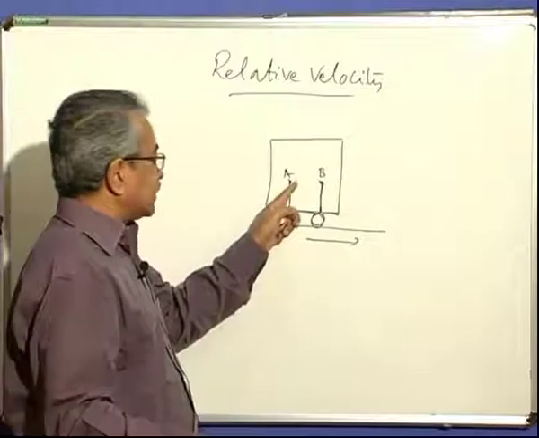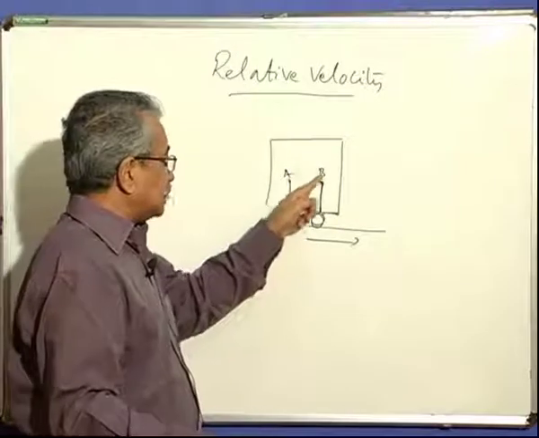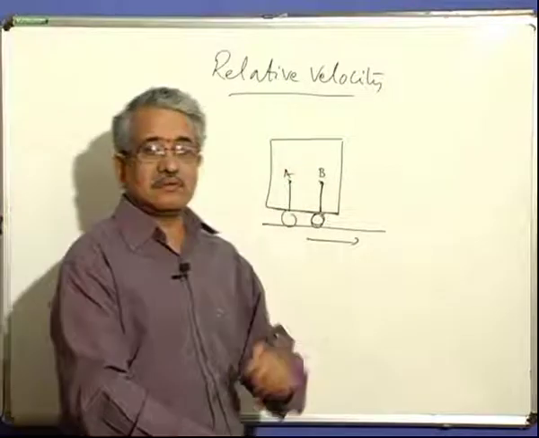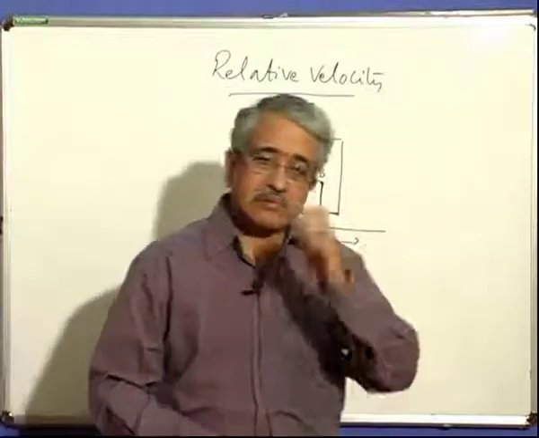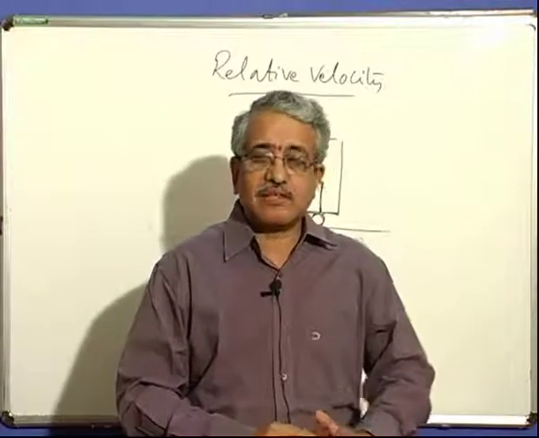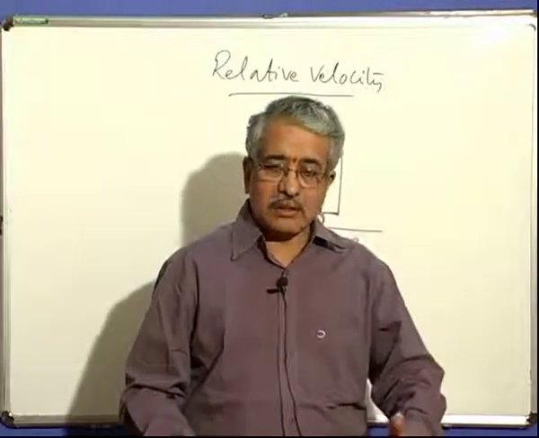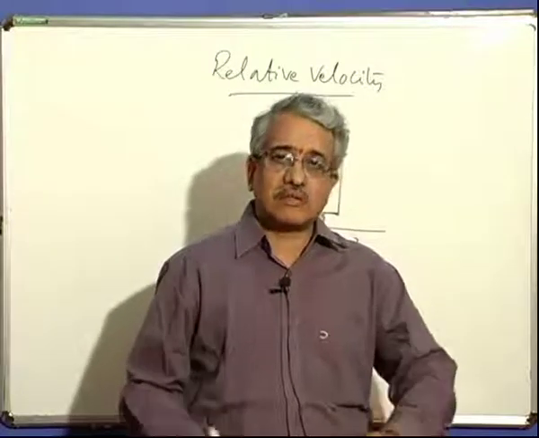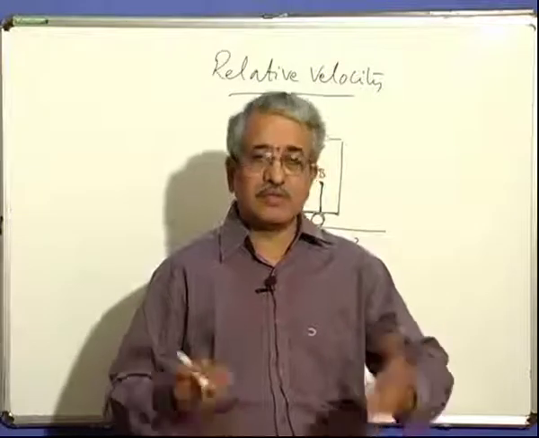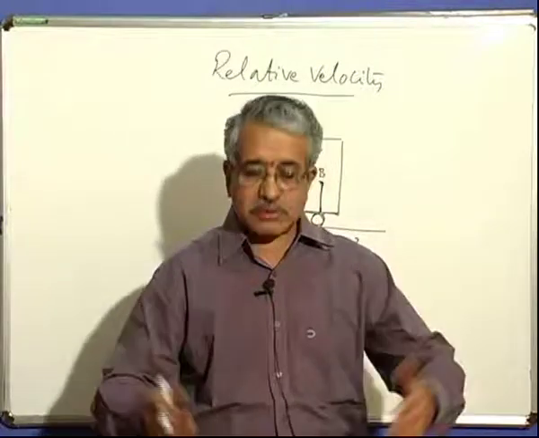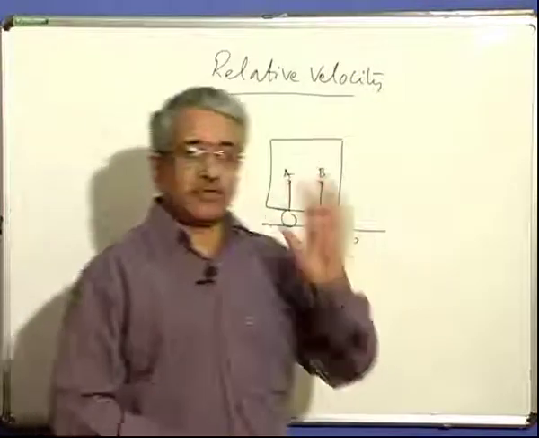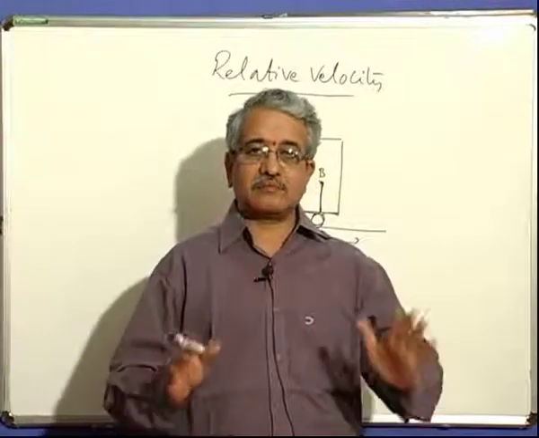The observer is important therefore. Velocity of B as observed by A, velocity of A as observed by B. The observer becomes very important. Whenever you want to measure the velocity of any body, naturally the observer must be there. Without an observer, what will you measure? The observer has to measure the velocity with his own eyes, with his own mechanism, with the instruments he has. So the observer always fixes himself in a position.